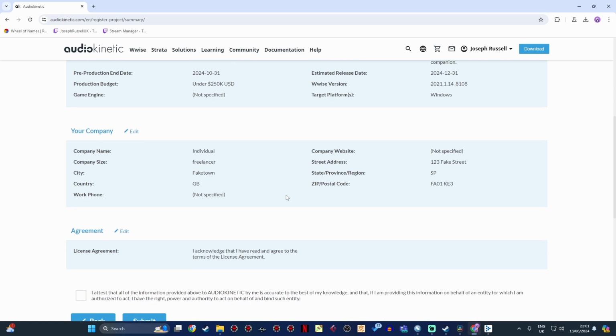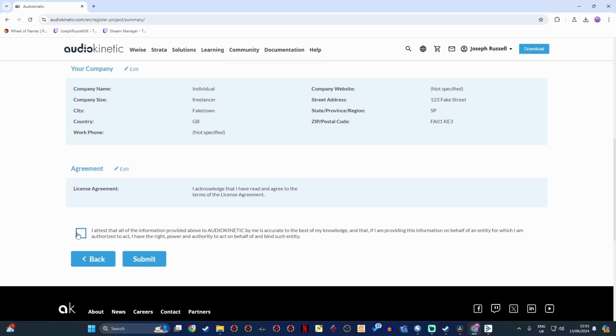Then scroll down to the bottom, tick this box, and hit submit. Now that has to be manually approved by a real person at Audio Connect. For me, it took about a day, but I expect that to take longer once more people start signing up, so be prepared for a little bit of a wait. However, there's nothing to stop you from getting started on your mod while you're waiting, so long as you don't